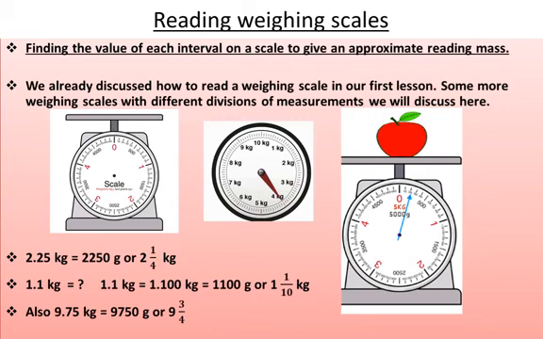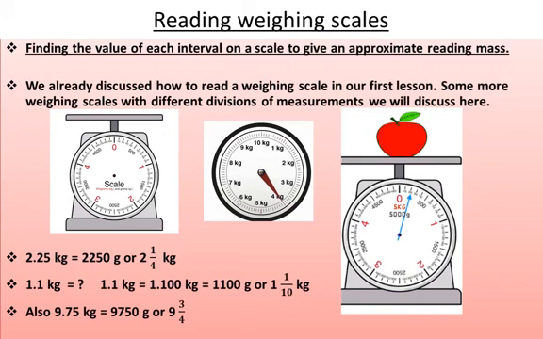Now you see here some of the conversions I gave. What is it? 2.25 kilogram, that means we already discussed 0.25 is 250 gram, so 2.25 is 2250 gram. That also I explained, how we will write it as a fraction of kilogram: 2 1 by 4 kilogram, like that.